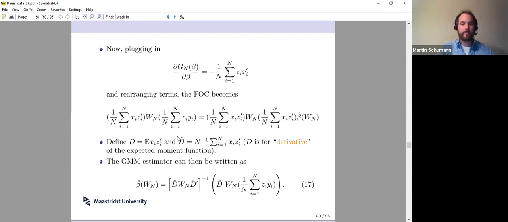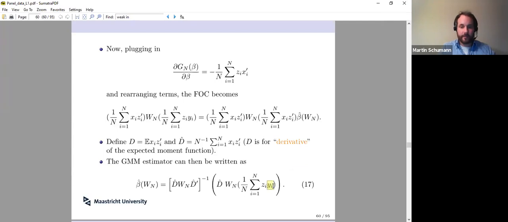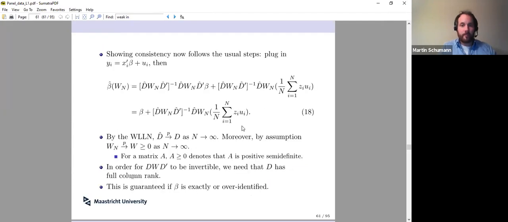Okay, what's the next step? Well, if we want to show consistency of the GMM estimator, this works exactly the same way as for POLS or for IV or for 2SLS. We simply take the condition of our model. So we plug in the right-hand side for each yi that we see. Yeah? So there's only one yi here. And when we do this, again, we get an expression that looks pretty much horrible. Yeah? So it doesn't look nice,